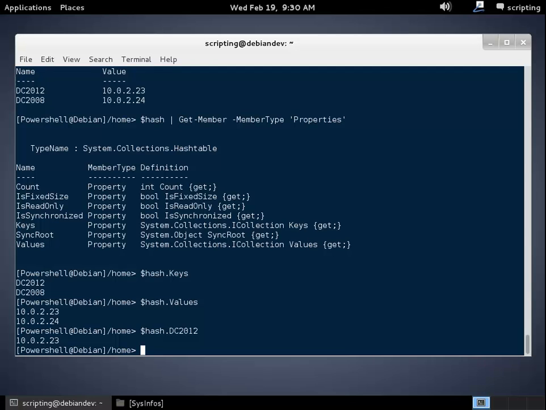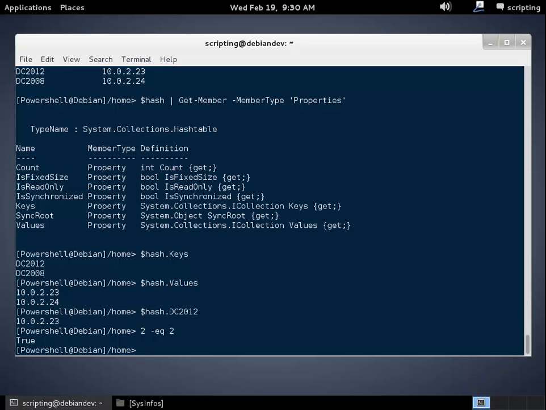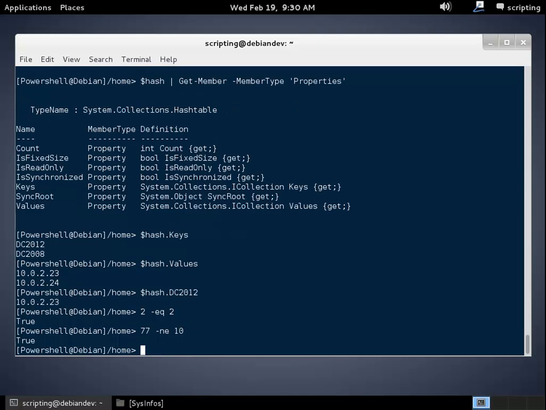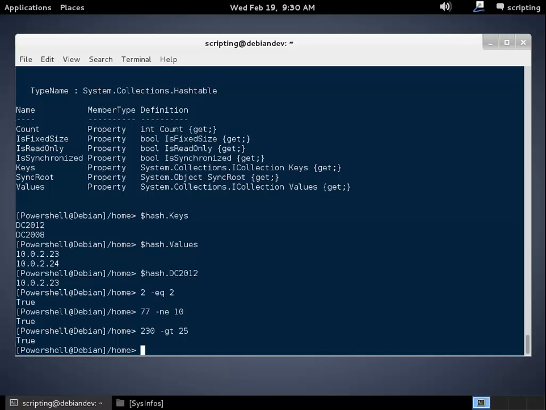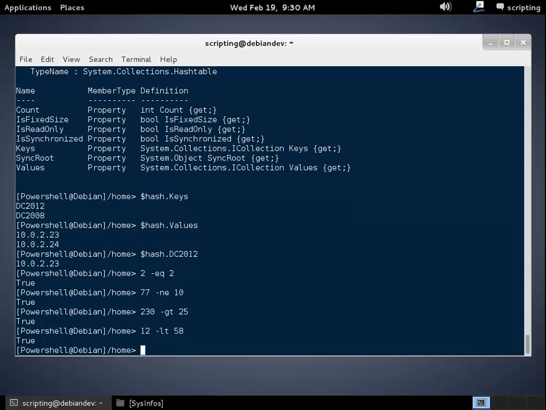Okay. Now if I want to do simple operations, for example, 2 equal 2, it prints me true. 2 not equal to 10, true. 30 greater than 25, true. 12 less than 20, true. Okay,